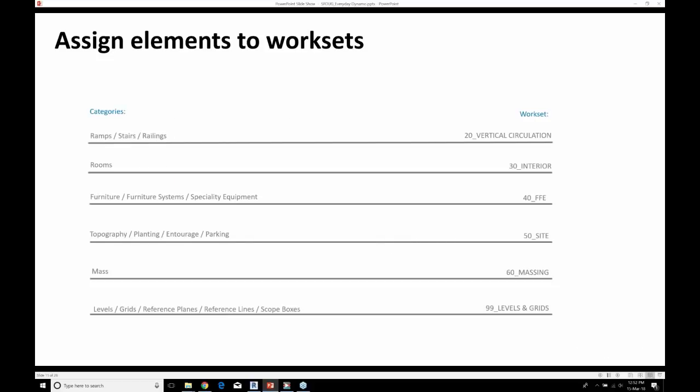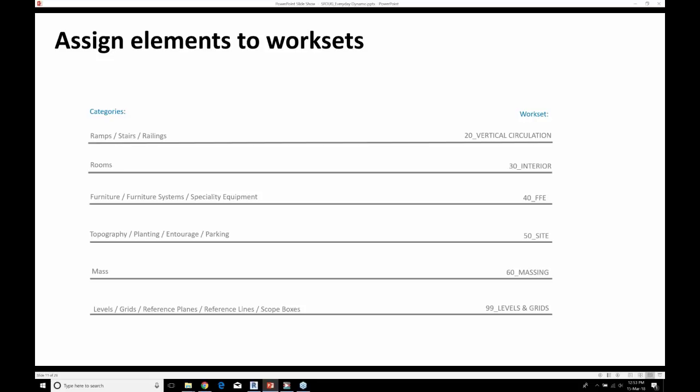It just runs, and the way it works is that it looks for categories. There are a lot of categories in Revit, and the node doesn't cover all of them. So if it's not in one of these categories, it's going to remain on workset 1, or the shared levels and grids if we've inverted the naming convention.